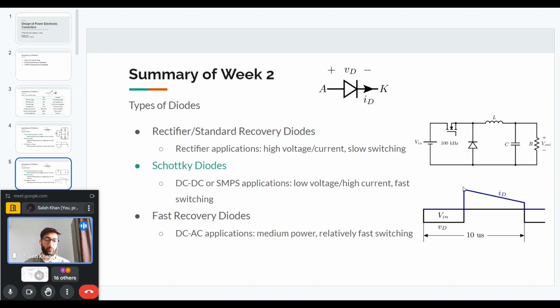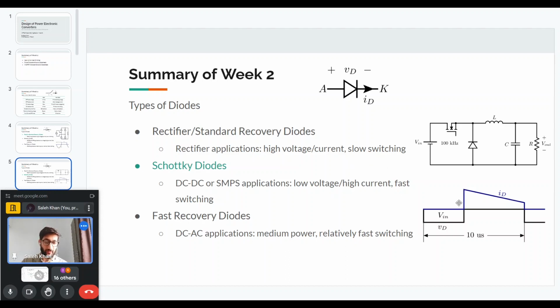But the downside to these is that they are available at very low voltages. Rectifier applications we can have in the kilovolt range as well, and hundreds of amperes. So 2 or 5 kilovolt at 100, 200 amperes. But Schottky diodes are limited to 100 or 200 volts, and the current rating can be quite high,